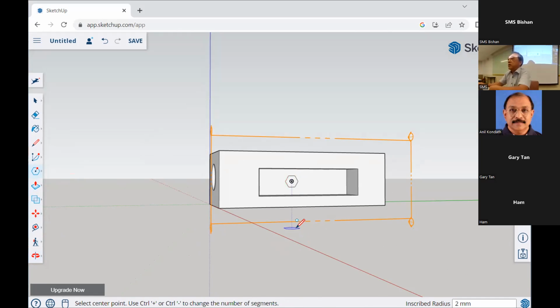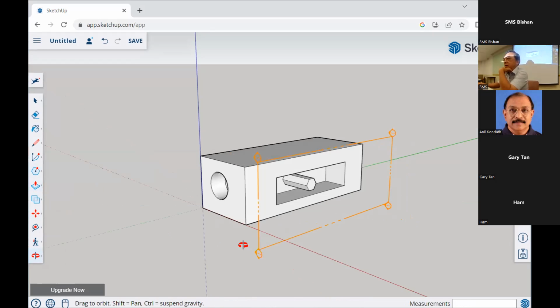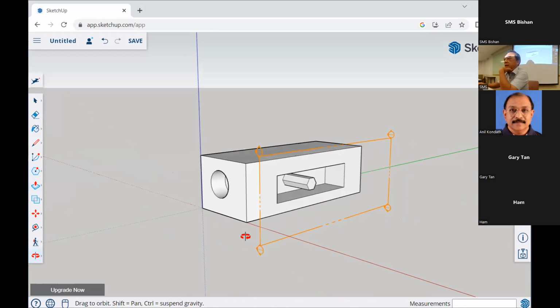This is a small boat. So I can do an extrusion. Okay, wow. Okay, so now you can visualize it's like that, right? So if I do a section view,